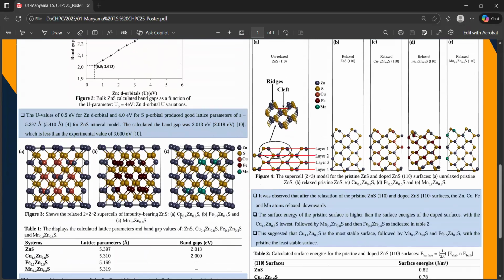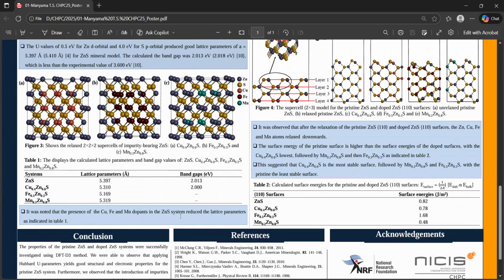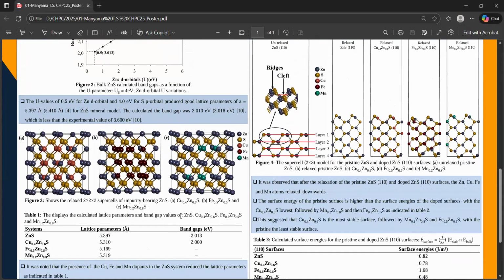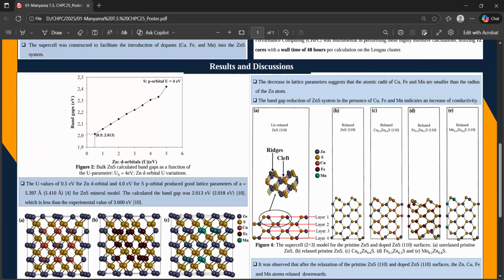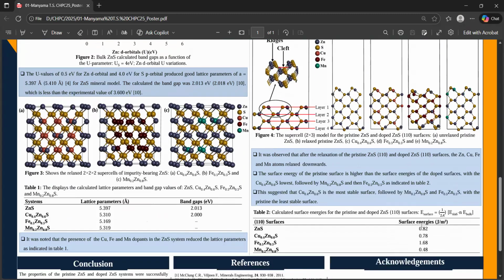We also investigated the structural and electronic properties of copper, iron, and manganese doped sphalerite, and we observed that the lattice parameters and band gap values reduce as compared to the lattice parameters and band gap values for the pristine sphalerite bulk structure. From the relaxed bulk structures, we cleaved these surfaces and we calculated their surface energies using these equations,